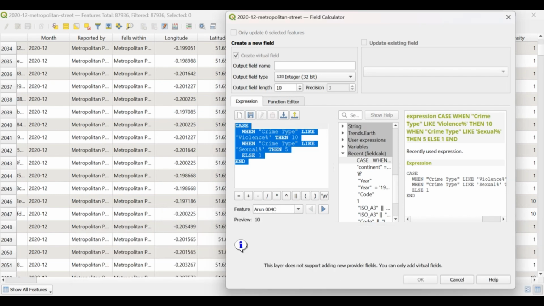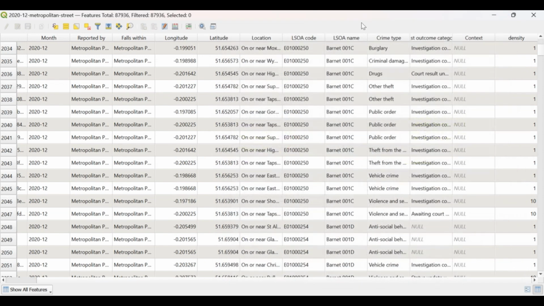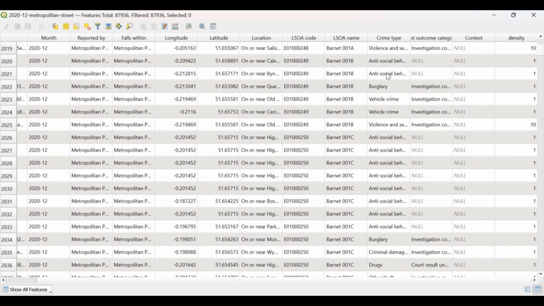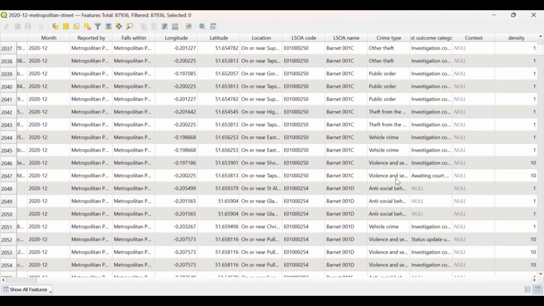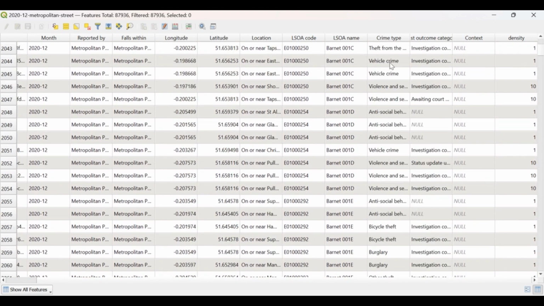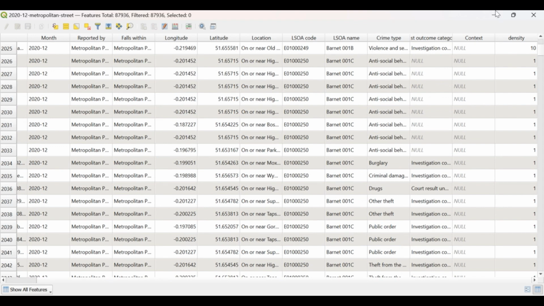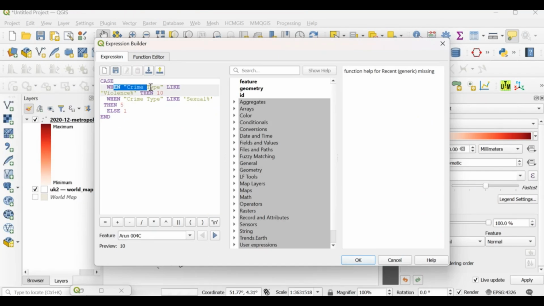So if you just inspect, okay, it's not going to open now, but I can close this. If you open this now, there are some keywords like violence, like crime, and stuff like that. So you can use those keywords to extract the information you want from this particular column. So that is what we are trying to do here.